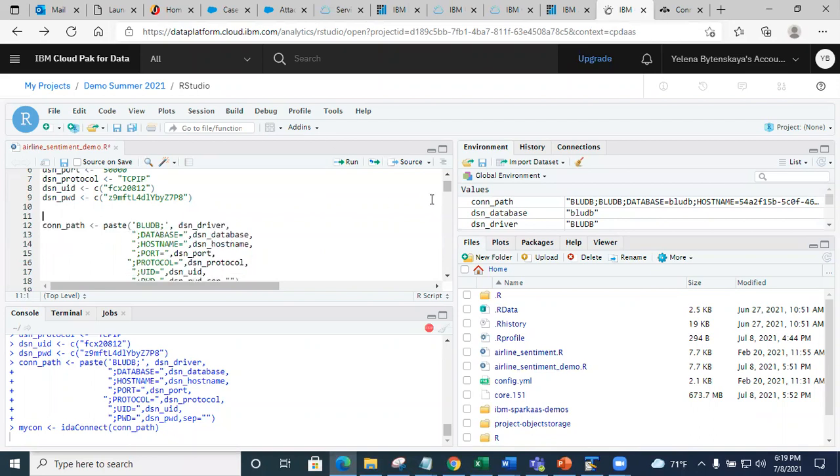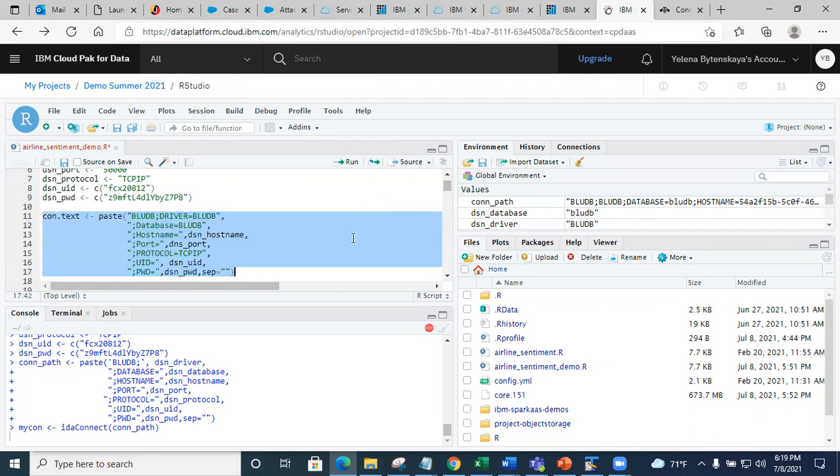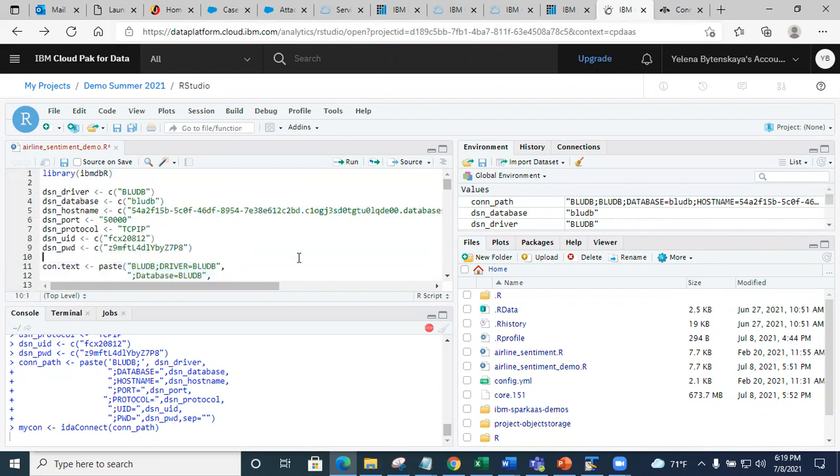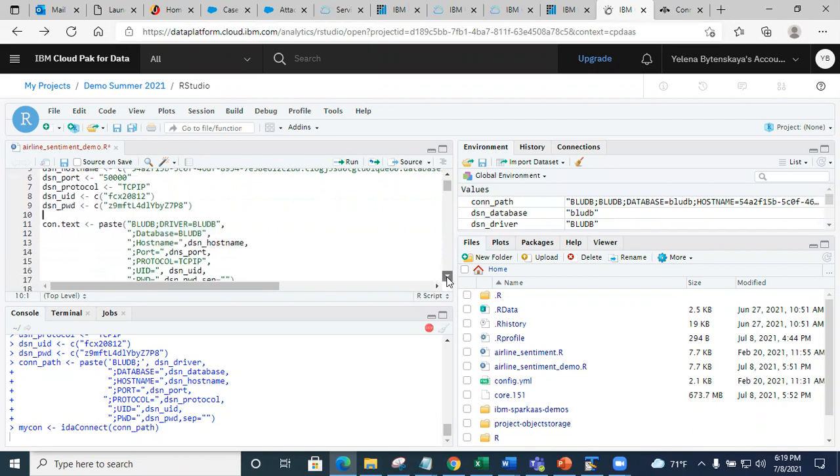It's not the DNS port. You got it almost there. DSN. See, you got the DSN. Could you please send me the whole working code, the whole block? Please send me the whole block. You almost got it there. You're just making this a little more complicated than what it is.